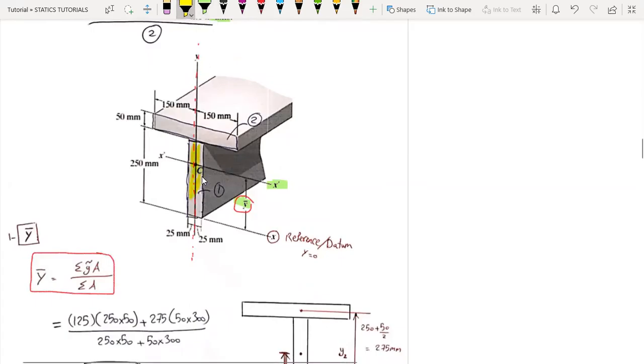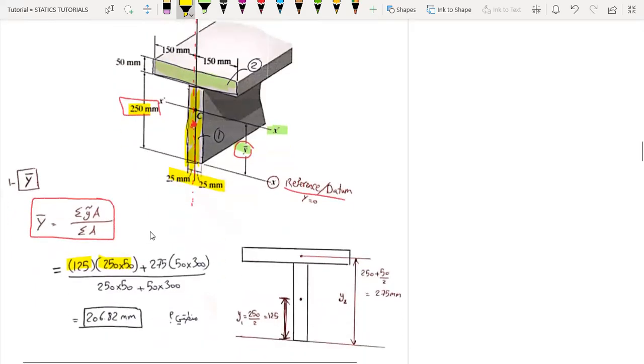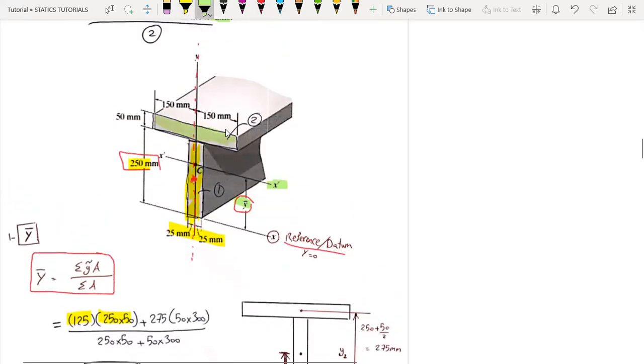We'll divide this composite body into sections. Here is our first segment. Here is our second segment. So y tilde, here is our reference datum. Regarding segment number 1, the centroid will be in the middle. We have a rectangular shape, so it will be 250 over 2, which is 125. So 125, the area is 250 multiplied by 50, plus the second segment,